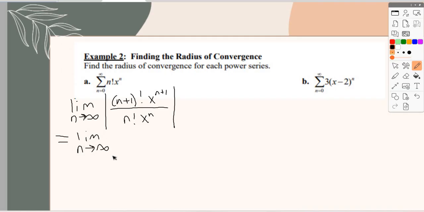So n plus 1 factorial I can rewrite as n plus 1 times n factorial, and then x to the n plus 1 I can rewrite as x to the n times x. So what reduces there? My n factorial and my x to the n. Alright, so I'm left with